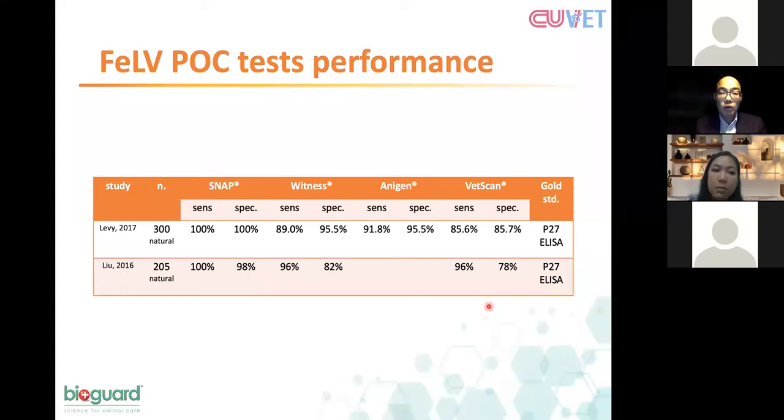So when you want to compare the performance of the test, I would suggest we can only believe in studies that use another gold standard test that also detects p27 antigen, such as p27 ELISA. So far there are only 2 studies that compare point of care test performance using ELISA technique. And as you can see the numbers on the slide,